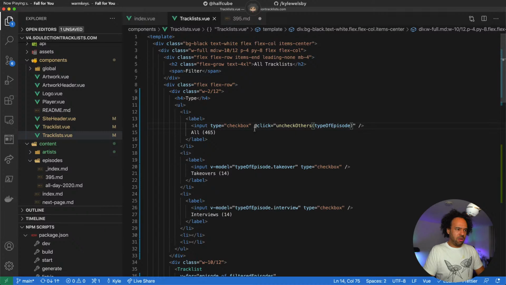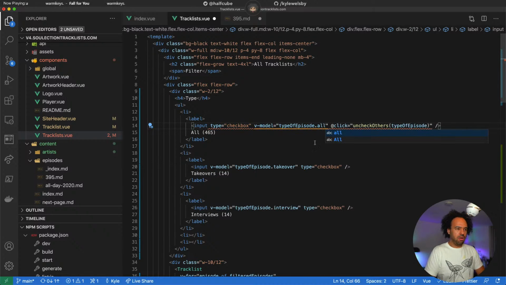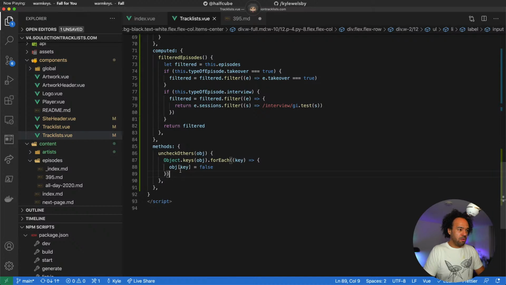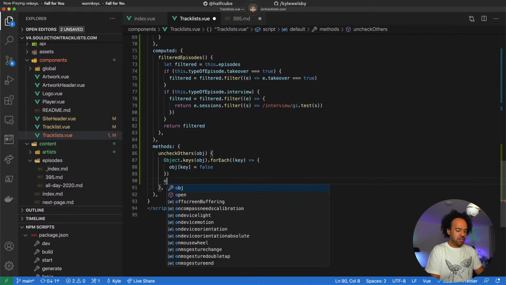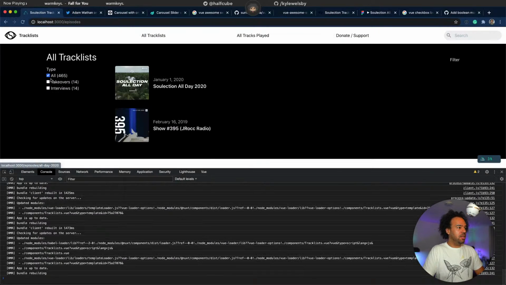And I want to make sure we have no hook to that, don't we? So I'll probably need to keep that v-model on there and have it as all. It's going to go through all of them, but we want to make sure object.all equals true by forcefully setting it.